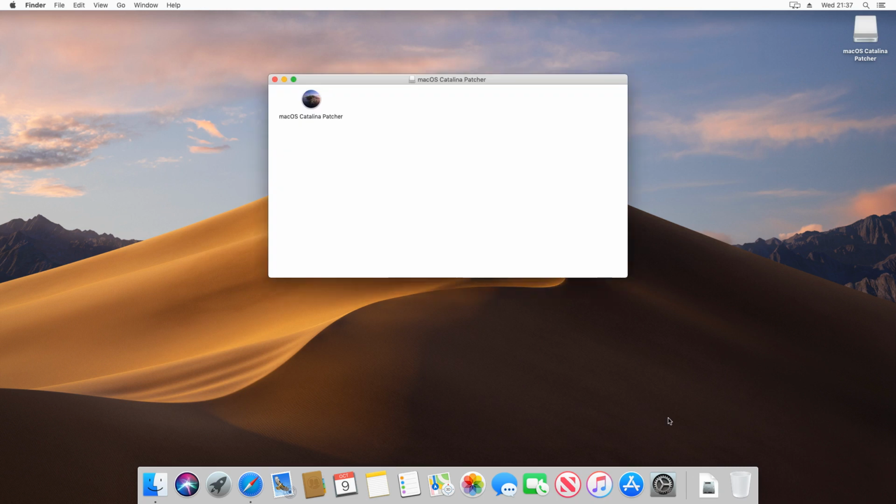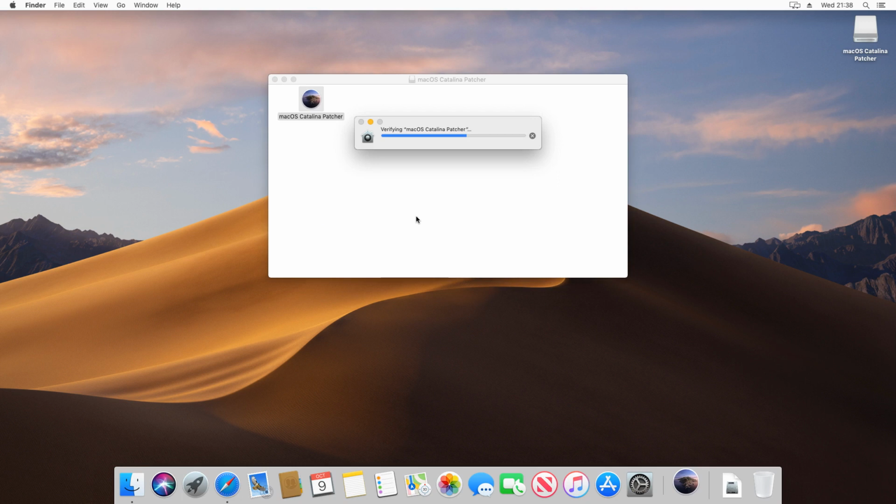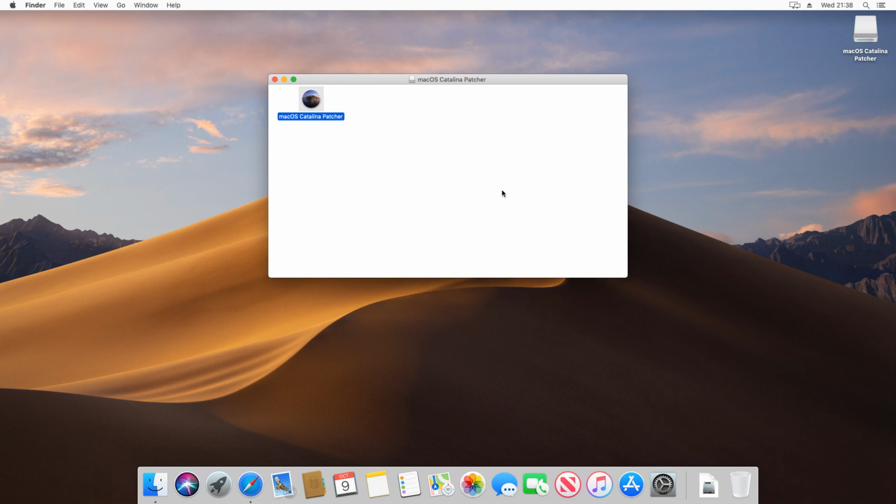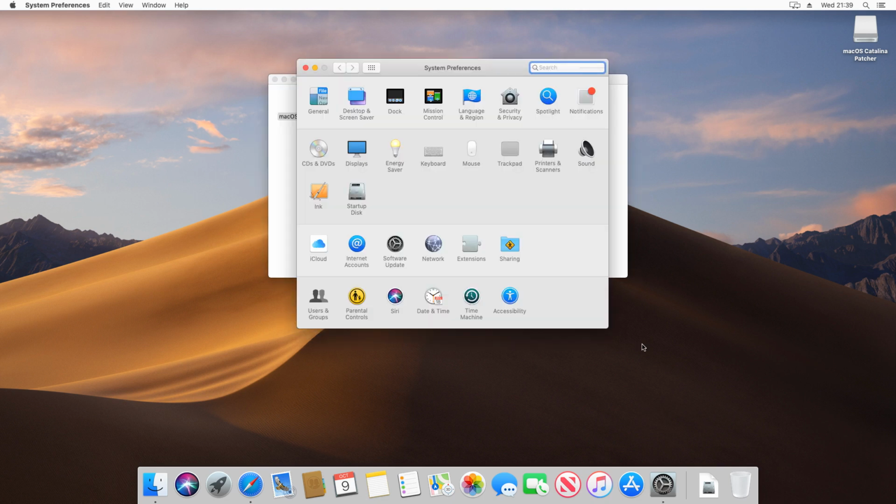The DMG mounts, and once opened, we click to run macOS Catalina Patcher. The patcher runs, although we don't make significant progress, as it can't be opened as a consequence of the default system preferences, which prevent software from an unidentified developer running without specific permission. We therefore click OK to clear the error, and then navigate to System Preferences, from where we click the Security